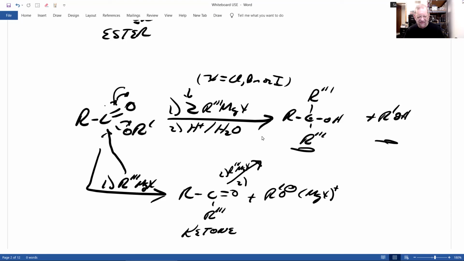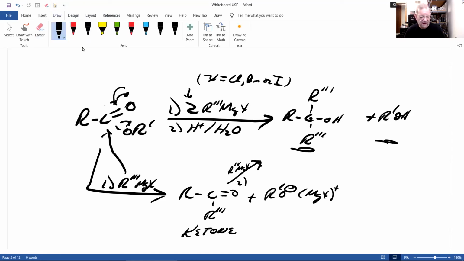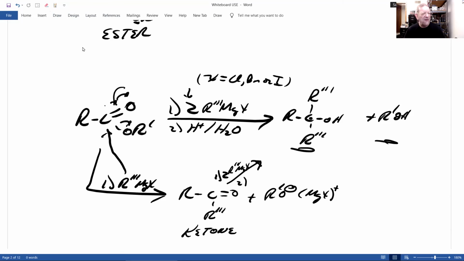And second step, hold on a second, let me clean this up. No, I should only have 1 there. Sorry about that. Second step, acid and water. And you've seen this reaction before, like for test number 2. This attacks that and makes an alcohol. Well, since you've attacked the carbonyl carbon twice, that's why we have